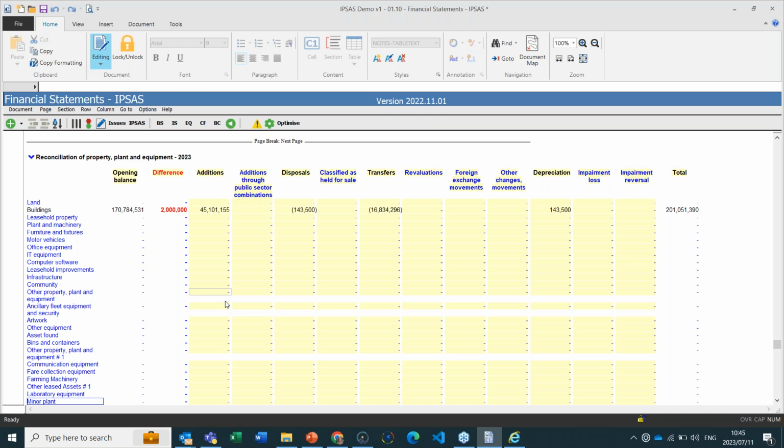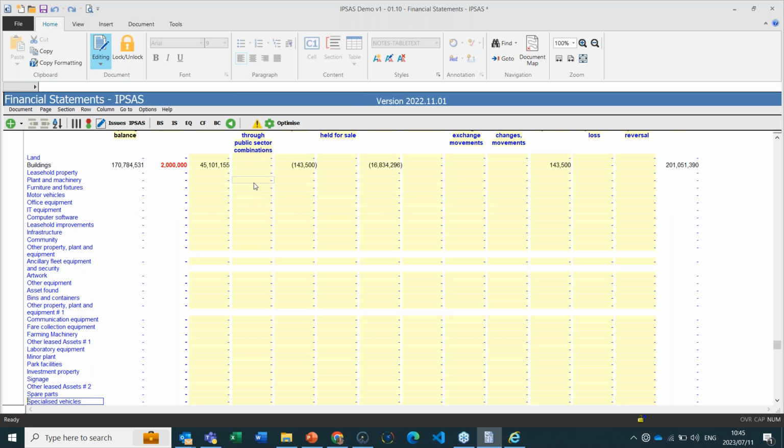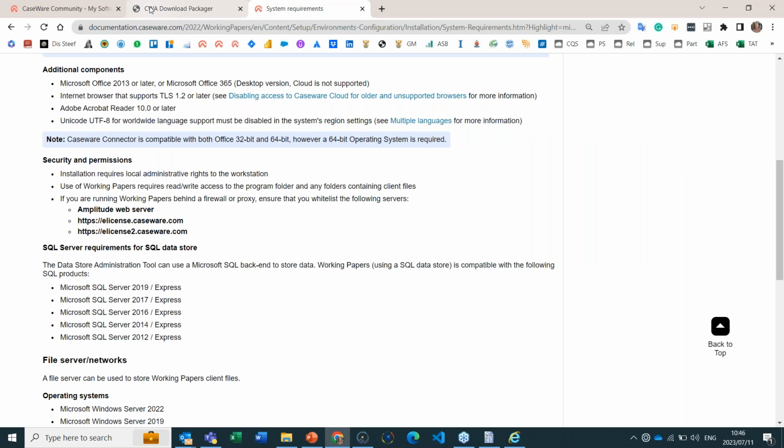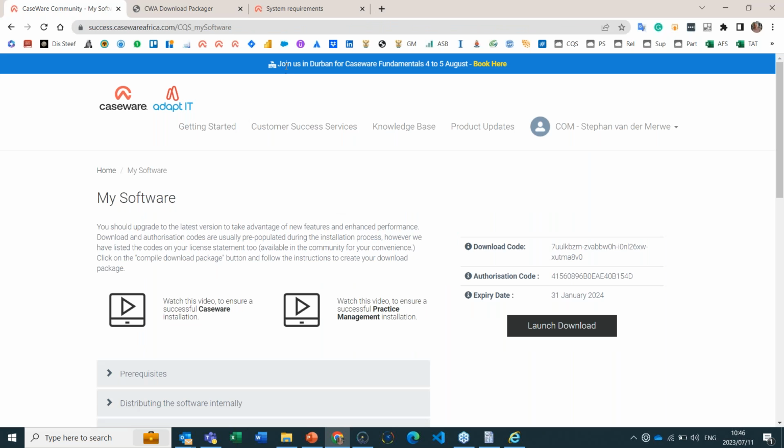We needed to change the description for the additions through public sector combinations. So we've updated all the different notes that do refer to entity combinations to public sector combinations in all the relevant asset related notes. Okay. So I think if you want to have detail again about that, I just want to jump back